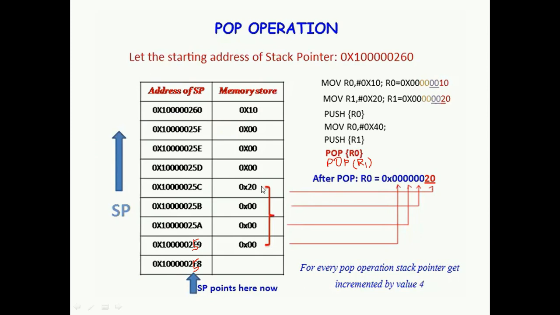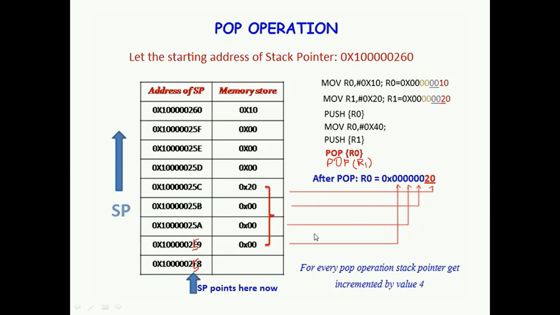The recently entered data onto the stack is what? The content of R1, isn't it? So as it is a first in last out buffer, the recently entered data of R1 is restored into R0. What I mean to say here is, recently pushed data of R1 is popped to register content R0. Now after pop on register R0, the content of R1 is saved in R0. So how will this value be saved after pop on R0?